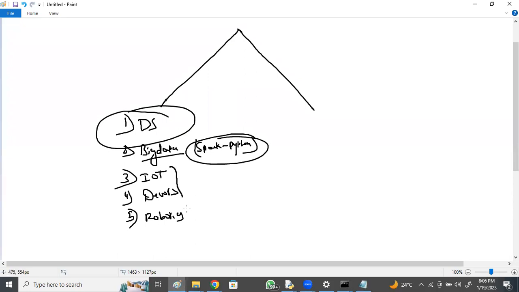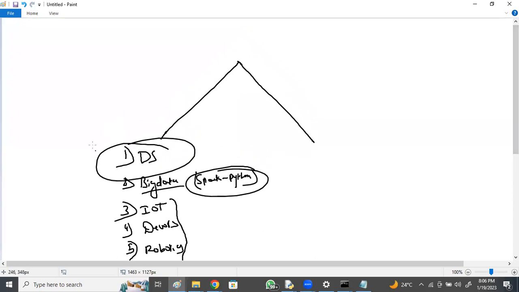In IoT, in AWS, in robotics, we use Python scripts. Even in administrative activities, we use Python scripts, right? In this first category, your career will not be in Python itself, but in data science or big data or another environment.